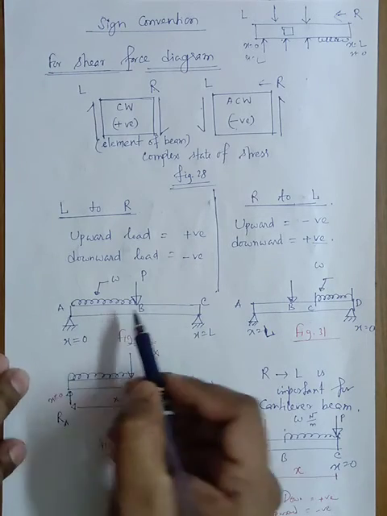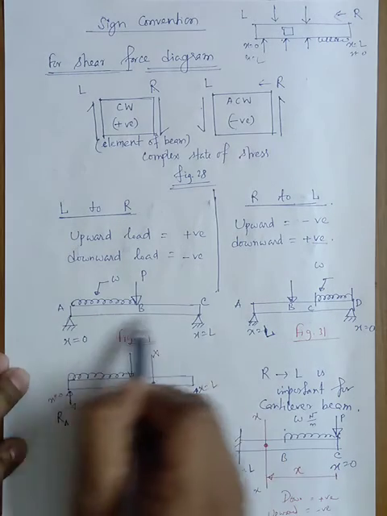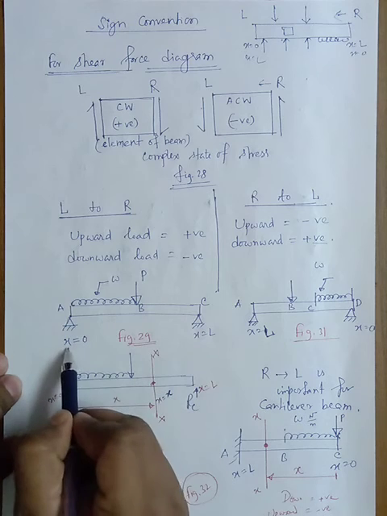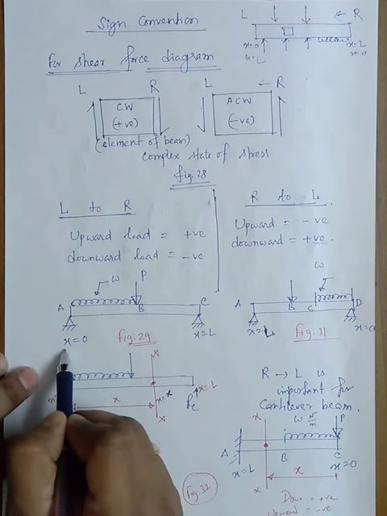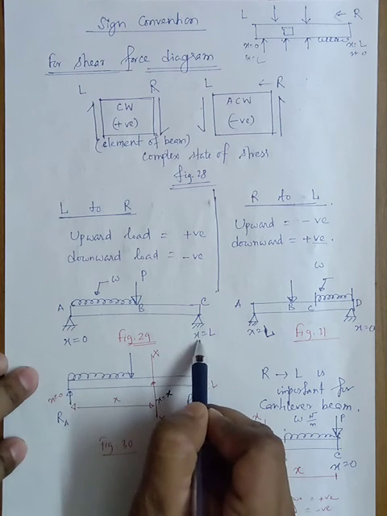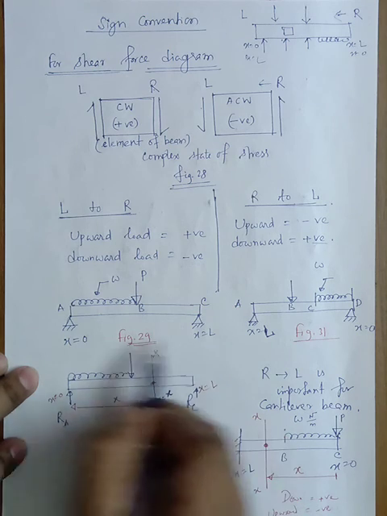So let us consider this is a simply supported beam. I have taken the left hand side as x equals to 0 and this is x equals to L, because the span